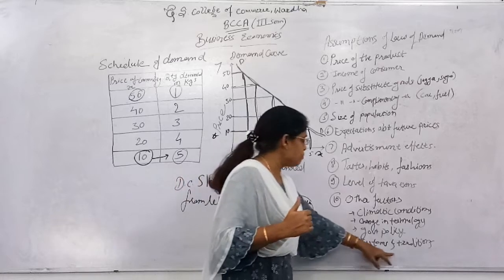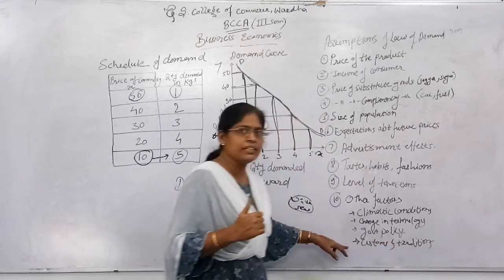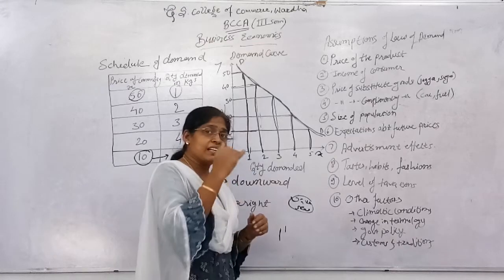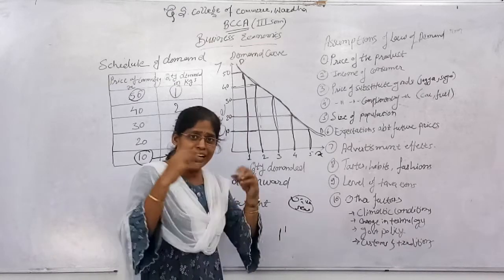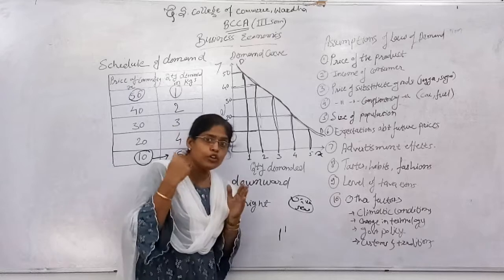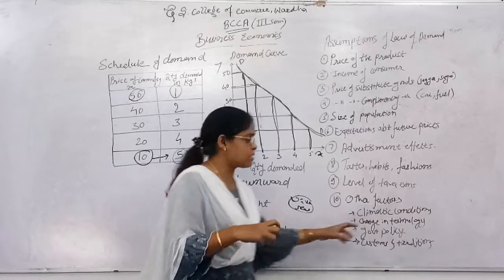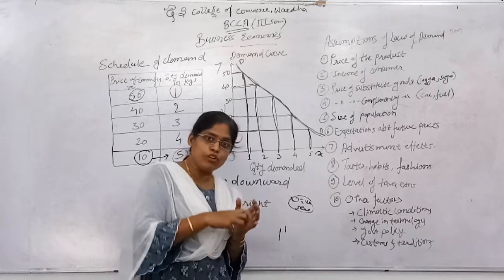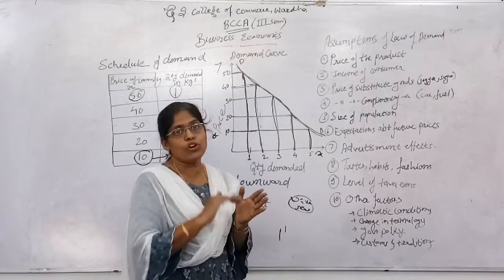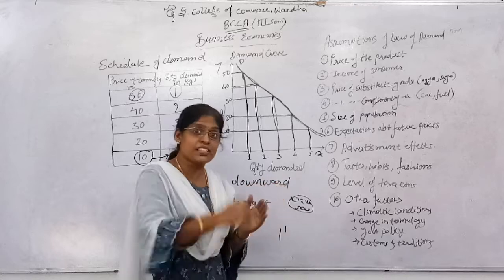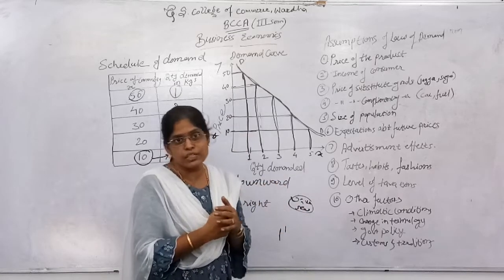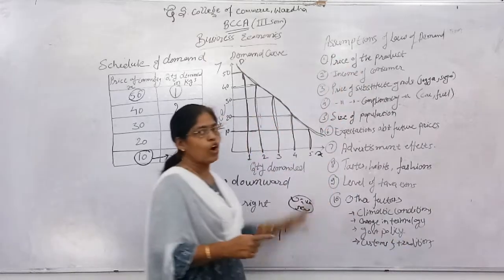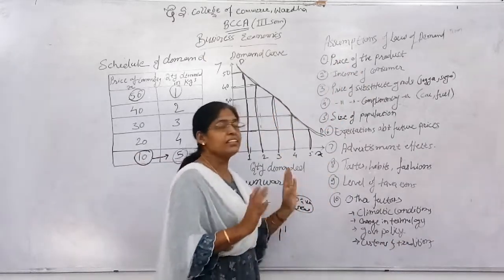And then customs and traditions. Let us take the example of Diwali. There are certain festivals, certain occasions. The Indian mentality says that although you don't have money, due to custom and tradition you have to follow the rules and regulations. For that, although you don't have a sufficient amount, you will still take a loan from someone else, but you will follow the customs and traditions. That is how the law of demand is related with these other factors.